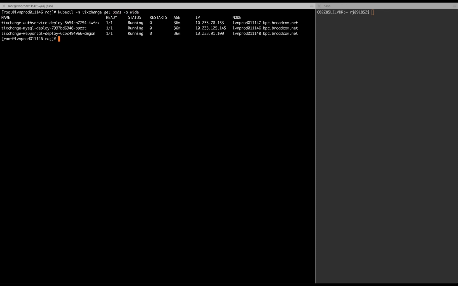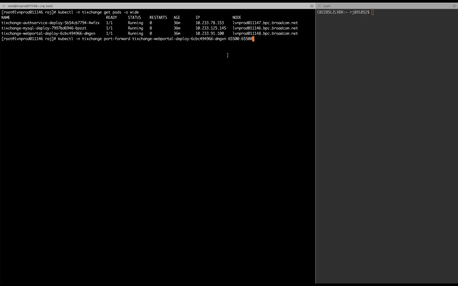port forwarding, and let us, as an example, set up port forwarding on web portal. So I'll say kubectl, my namespace, port, the local machine's port and the pod, and the port at which the JMX server is running in this pod.